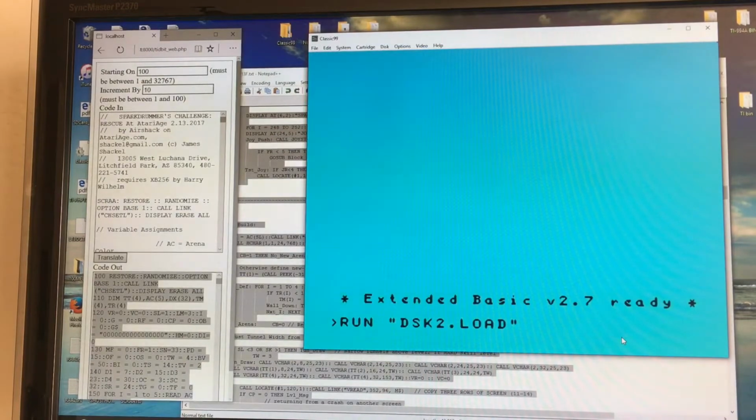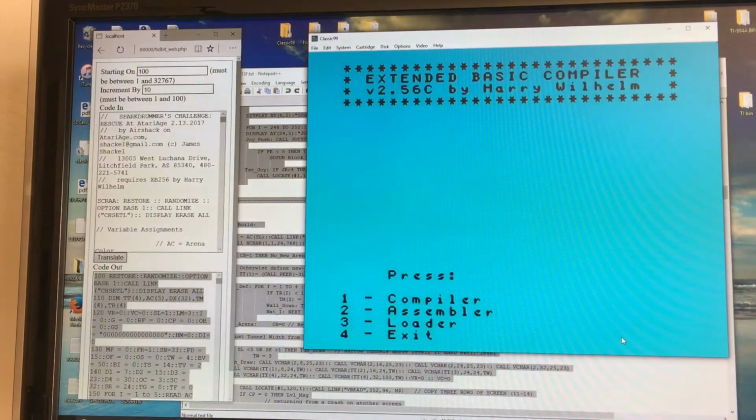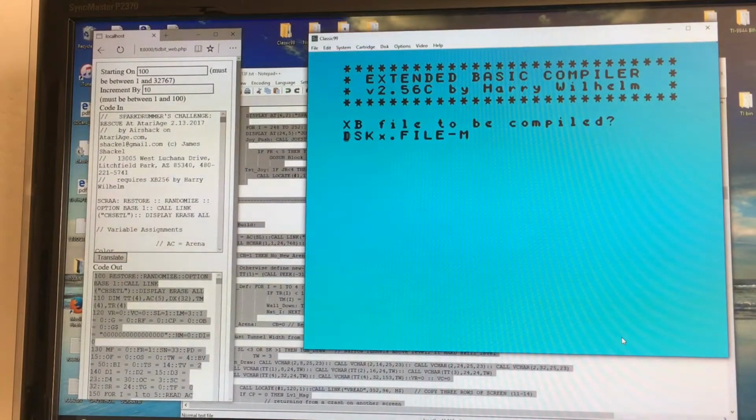And this is where the Harry Wilhelm magic comes in. This is the Extended BASIC compiler 2.56 by Harry Wilhelm. He's on AtariAge, and his name is Senior Falcon. If I select number 1, it's going to ask me which program do I want to compile, and our program is